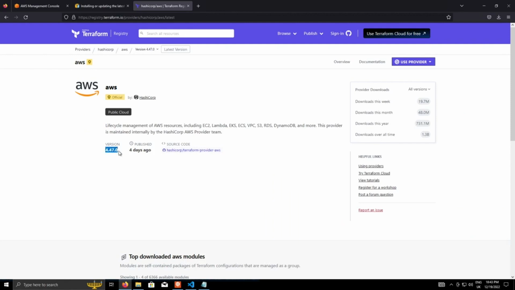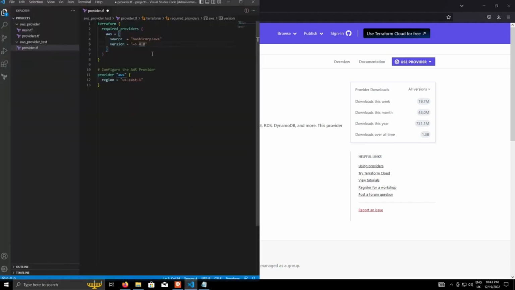And it's a good idea to do that, just to make sure that you stay on the same major version, so you're not going to get any breaking changes between installs. Okay, so that's the required providers block,